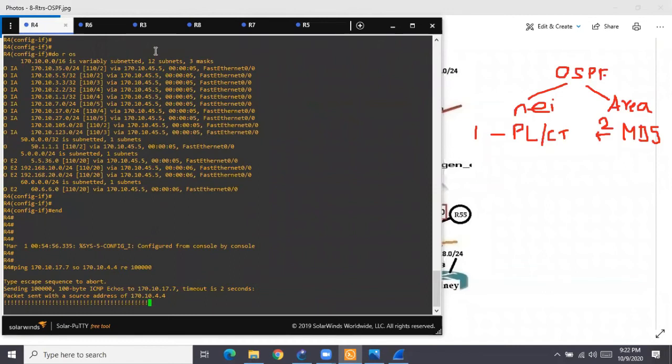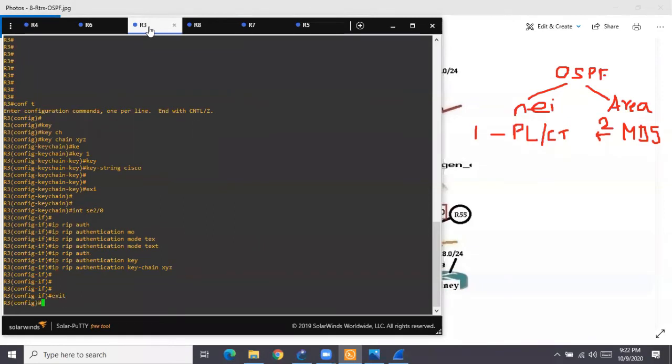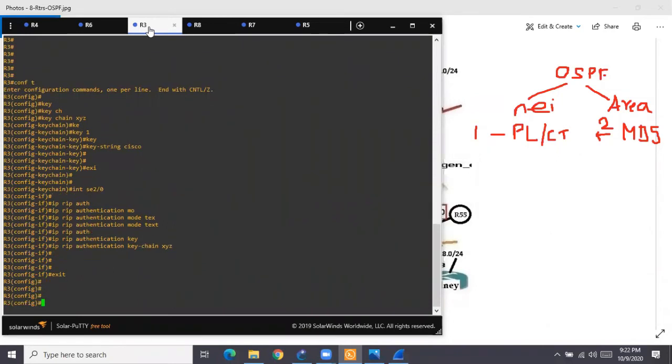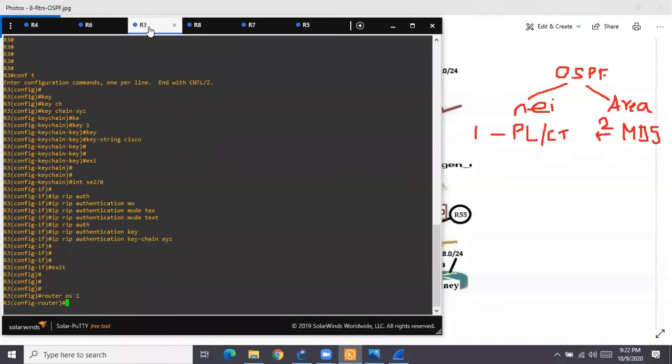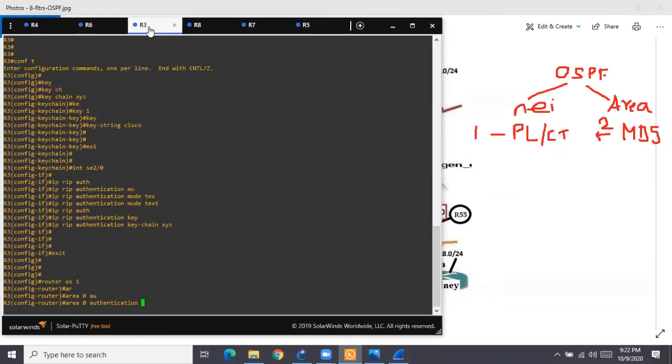You see traffic is happening, and now the area 0 administrators have decided they will go for what? Area based authentication, area 0 to be authenticated. Since it is area based, I need to go where? Inside the OSPF process, router OSPF 1, and then which area I have decided. In OSPF, most of the commands start with what? Area. Yesterday, if you have seen, area, then area ID, then range for summarization. Now today, area, again area ID. Which area? 0. And what we want to do today? Authentication.